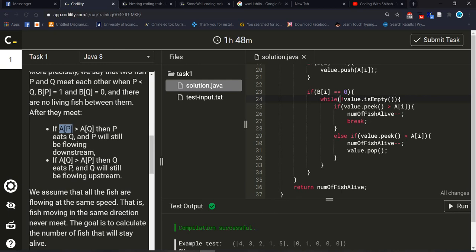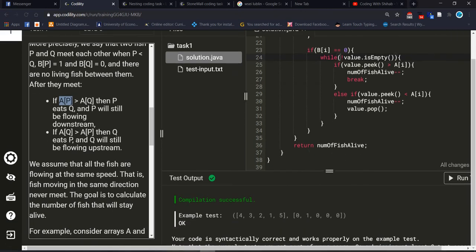Else if value dot peek is smaller than A[i], then also we reduce the fish number, and after that value dot pop, and finally we return the number of fish.